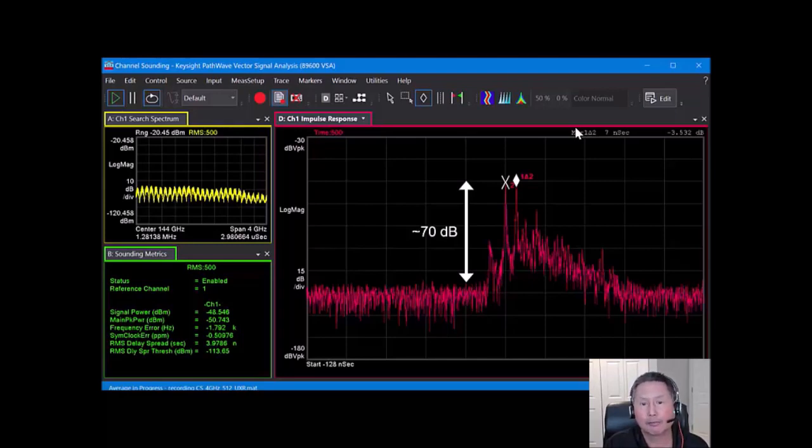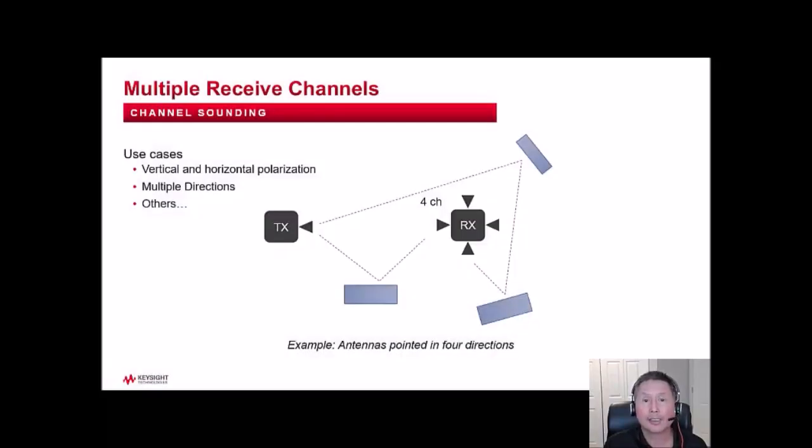There's enough data in this recording for about 500 averages. The noise floor decreases quickly at first, then slows down. Eventually you'll reach a limit. This is due in part to the residual frequency and symbol clock errors in the measurement, which prevent the sounding signal from modeling an ideal impulse and instead being an impulse with some very low amplitude side lobes. However, we see that the noise floor is about 70 dB below the main peak, which is an improvement of about 25 dB. One last thing to mention is that this channel sounding solution supports multiple receive channels.